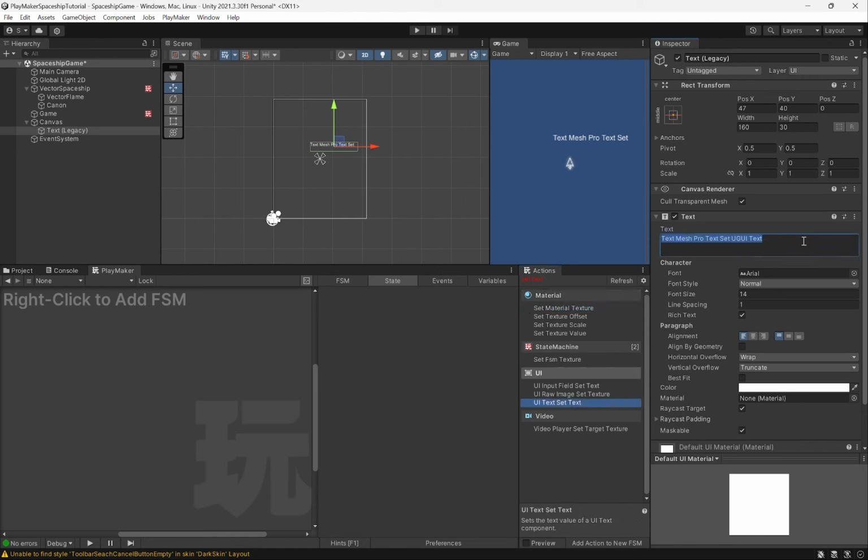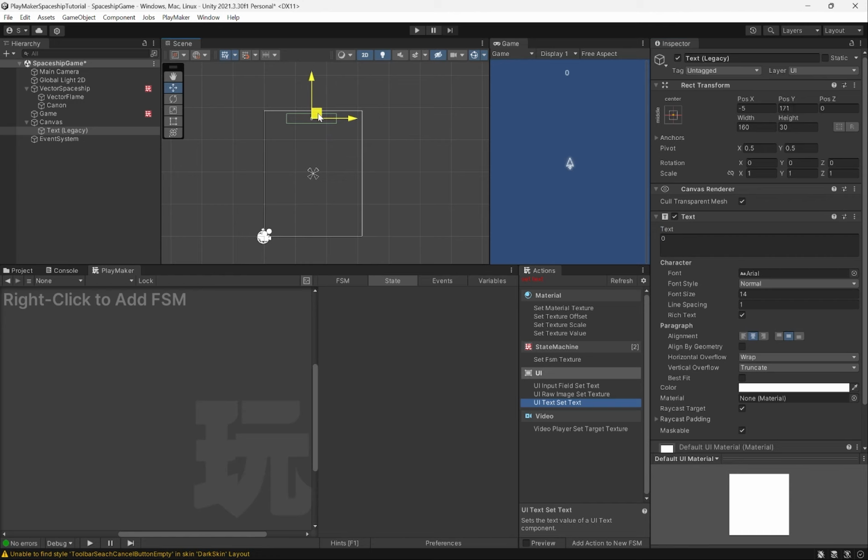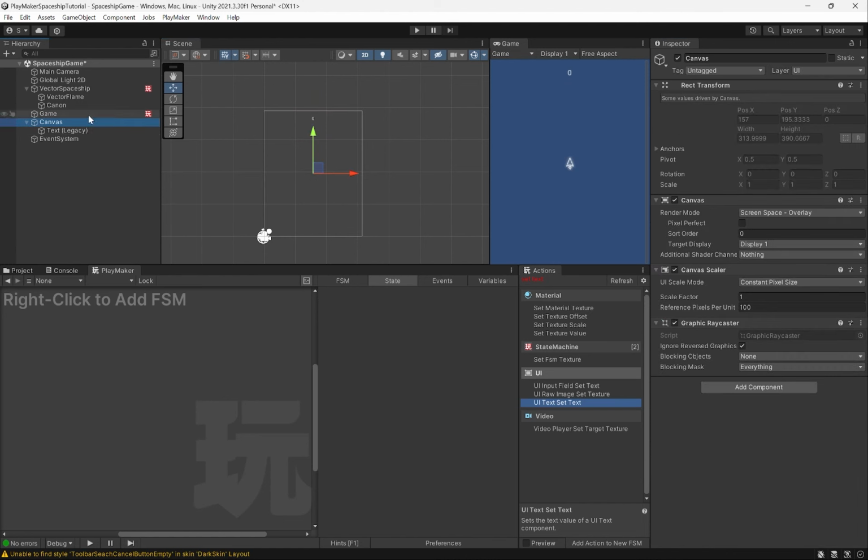So for us in here, this will be our score. So we could just put 0 for now. And what I want to do is, you can see if I zoom in here, see how 0 is all the way off to the side. So I can go to this alignment, say center it, and now it's right in the center of this box. And that's just kind of depending on where you want to put things on your screen. Now another thing, so I could put it up here if I want it to be absolutely centered and put my score up there. But the thing that changes is your canvas by default will scale with the screen size